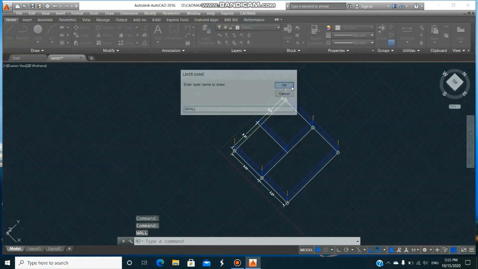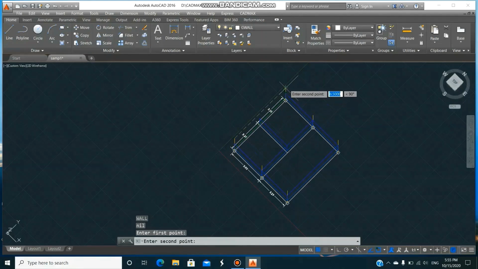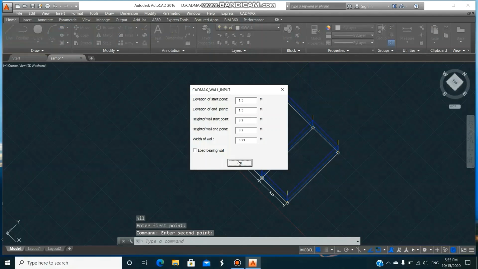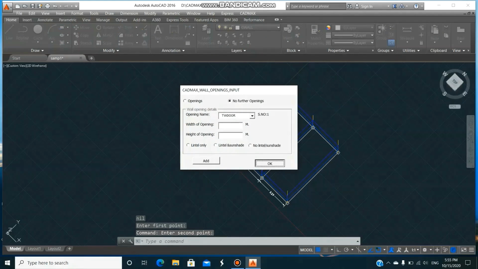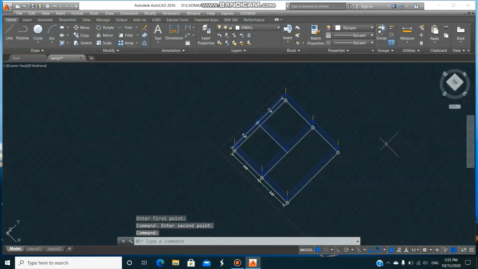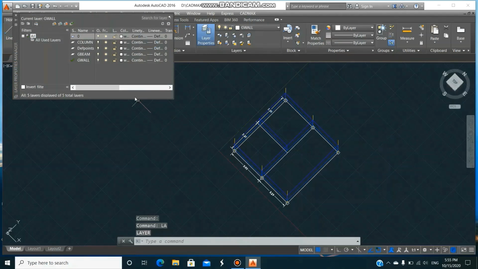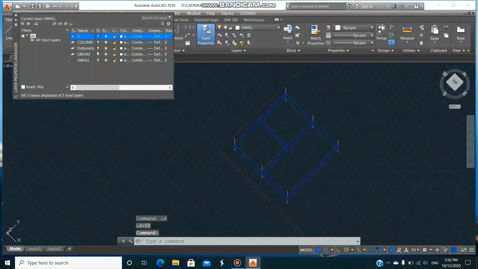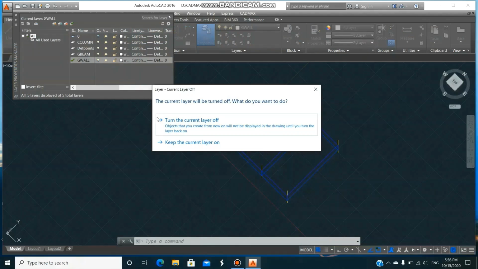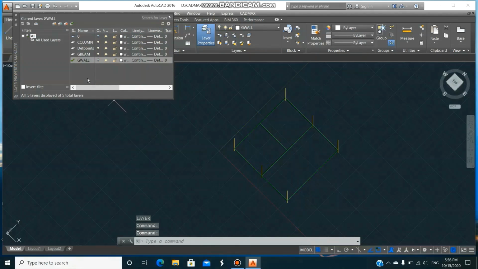Just like AutoCAD, if you press enter, previous command will be repeated. Okay, now all the ground floor walls are drawn. Now you can make layers on and off. Layer, you can off the zero layer, then column layer is there, G-beam layer, G-wall layer also you can off. Okay,